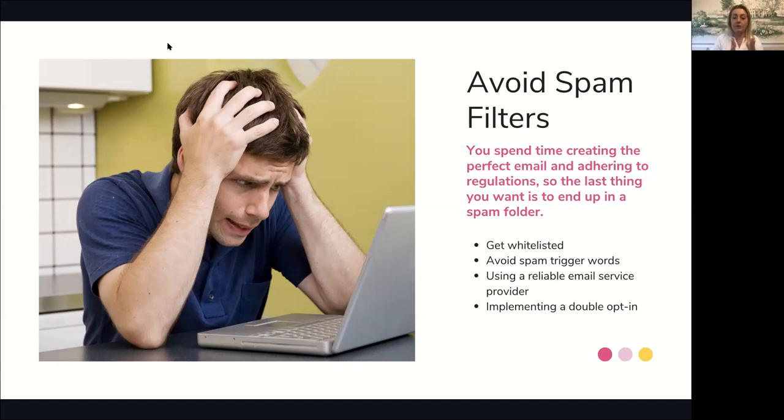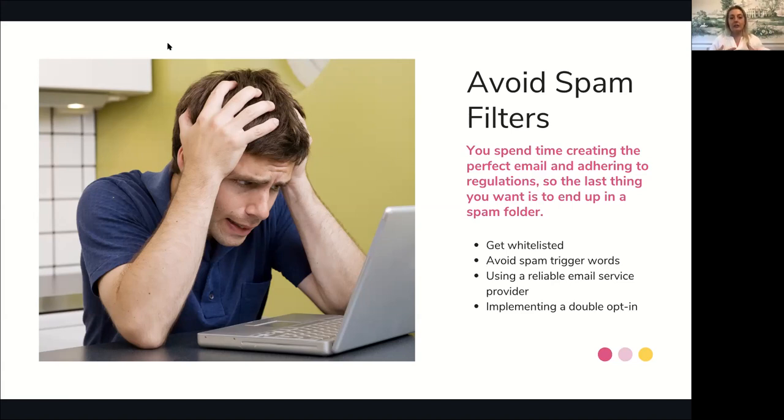Another thing that you can do is implement a double opt-in. A double opt-in is, okay, I go onto your website and I fill out the form, right? My first name, my last name, my email address. Great, I'm signed up for emails. Well, I will be sent an email to my address, and I will click on it, and I have to confirm within that email that, yes, I did sign up for emails with you.